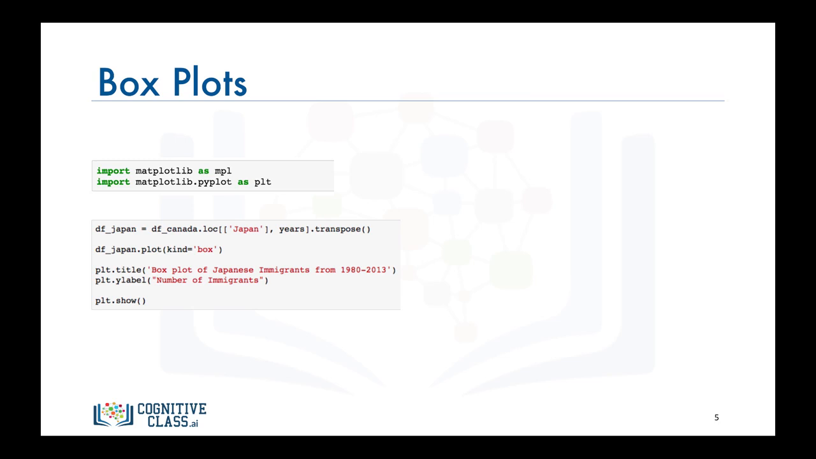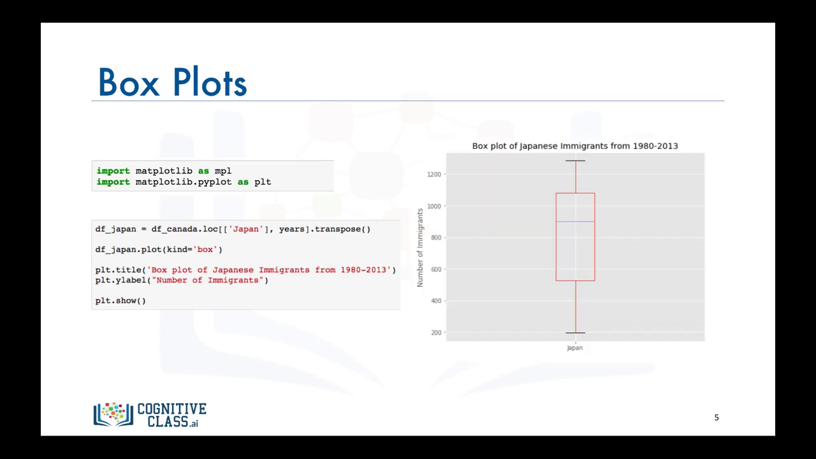Following that, we call the plot function on df_Japan and we set kind equals box to generate a box plot. Then to complete the figure, we give it a title and we label the vertical axis. Finally, we call the show function to display the figure. And there you have it, a box plot that provides a pleasing distribution of Japanese immigration to Canada from 1980